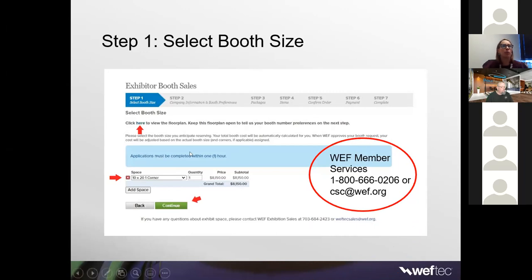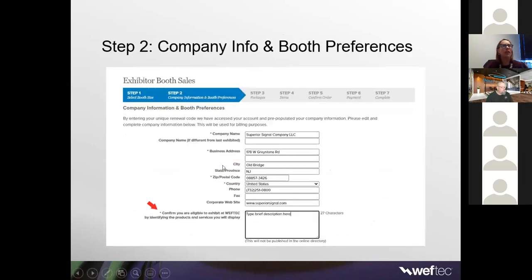Okay, so after the first step, we're going to move on to step 2. This is your company information and booth preference. It's a long page, so I've split it up into a couple snapshots. First thing you're going to do is give us your billing information. This is pre-populated based on what we have. And then at the bottom, you see the required field, confirm you're eligible to exhibit at WEFTEC. Give us a brief 1 or 2 sentence description of what your products and services entail. This is just for internal WEF information. This will not be published